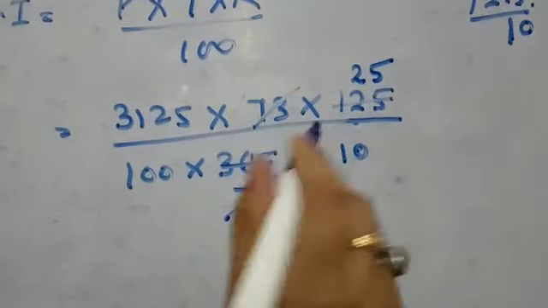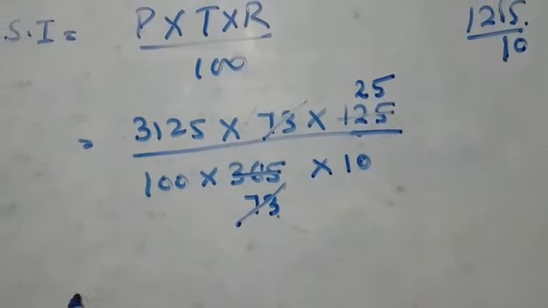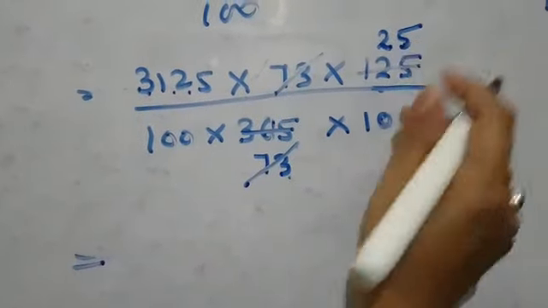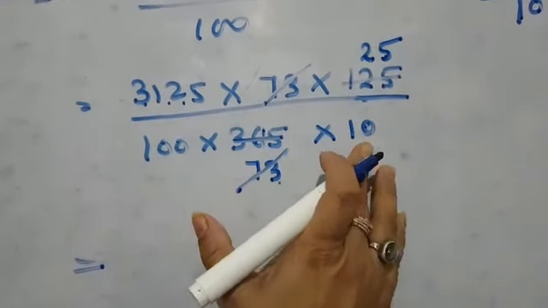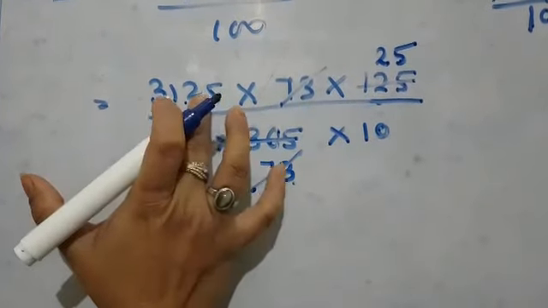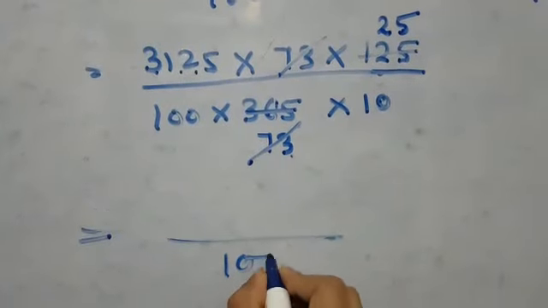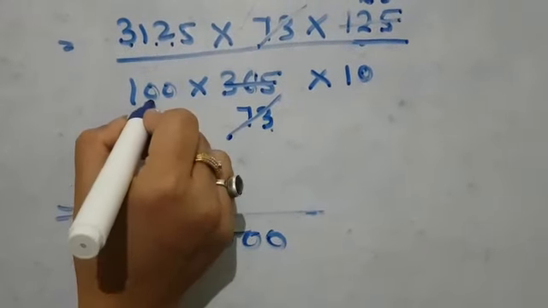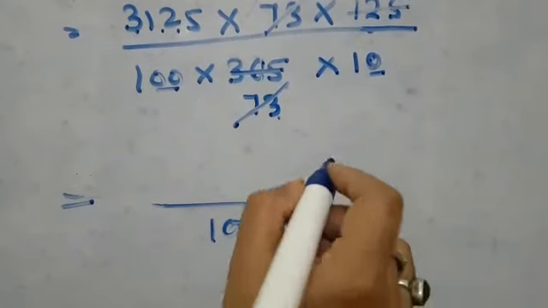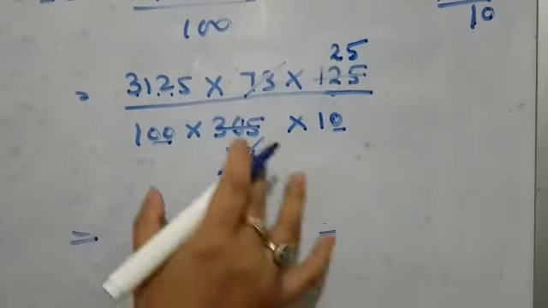Okay, so now listen carefully. When you know that complete cutting is not going on, so what we will do, we will multiply 3, 1, 2, 5. You can cut 25 and 2, but I know that 2 will not be cut by 5 because an even number and an odd number will not be cancelled. So what I will do, I will just write 1000 below. How 1000? This 2 zeros and 1 zero. It will make my calculation very easy because I want to avoid the division. It is a lengthy process.